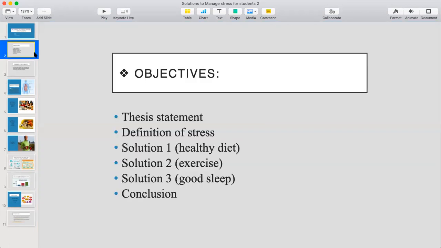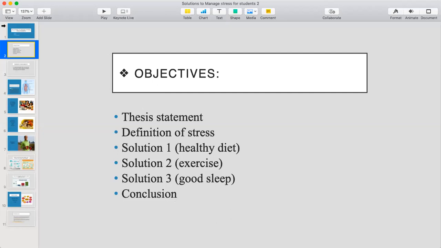Let's see the second slide. Objectives, thesis statement, definition of stress, solution 1 healthy diet, solution 2 exercise, solution 3 good sleep, conclusion. This slide is excellent because it very clearly tells me what this presentation is going to be about. As an audience, now I don't feel lost. I know that the presenter is going to speak about these points in this order. And the student here decided to include the thesis statement. I think that this is a very good idea. It's not a must, but it's a good idea to make sure that the audience know all the main ideas